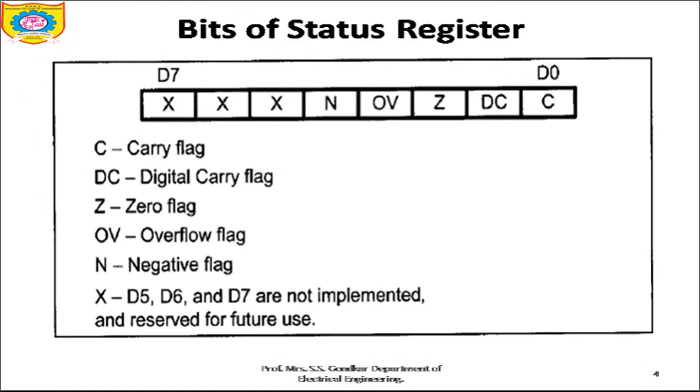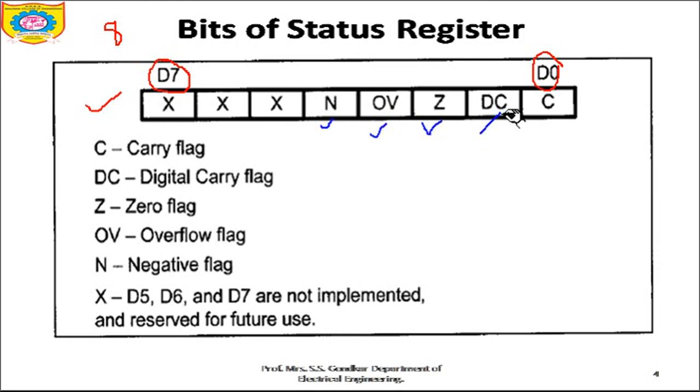So coming to the actual point of the registers. You can see a diagram on your screen. This is a status register consisting of 8 bits, starting from bit D0 to bit D7. So from 0 to 7 it means it is of 8 bits. Then as I told you, only 5 bits are used. The ones which I am marking with blue color, you can see them. These are the used bits.